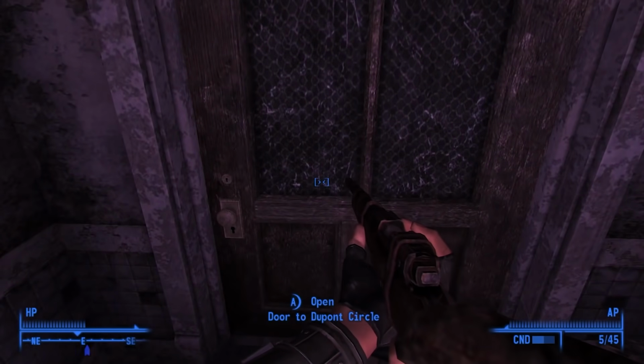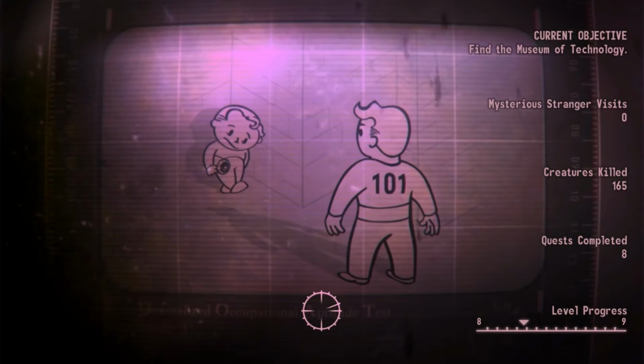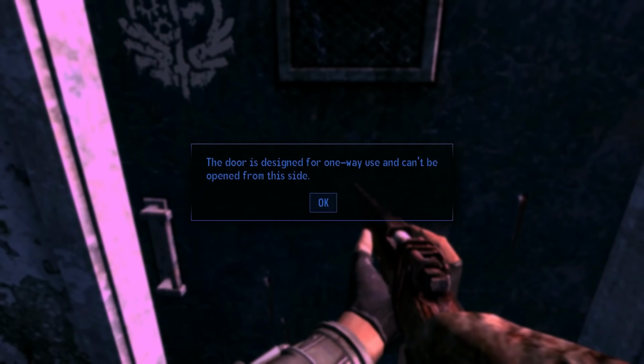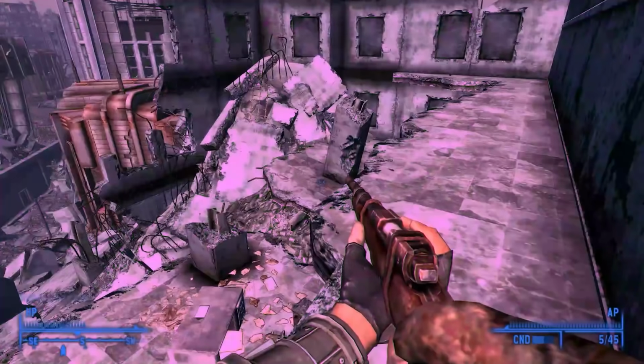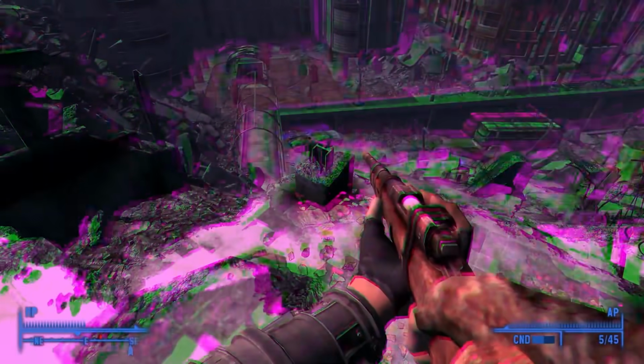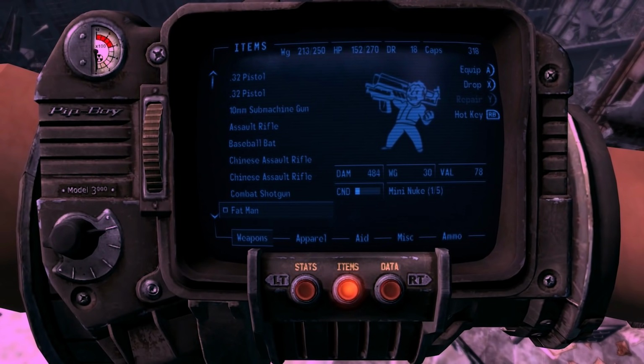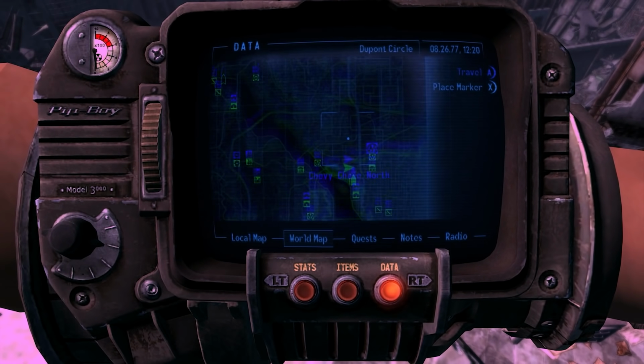If you kill Three Dog, then he'll be replaced by his assistant, who has none of the charm of her predecessor. She seems very reluctant to do the job, but will do it nonetheless. What most players don't know is that there's a way to turn Galaxy News Radio into a numbers station. It requires the death of Three Dog, and a certain number of other events must be completed perfectly in order